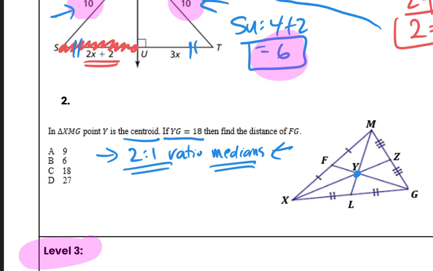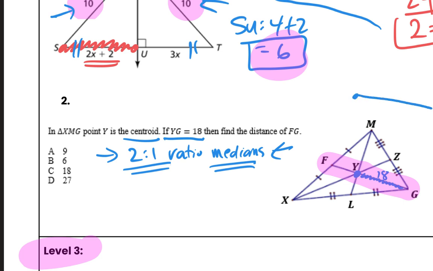It says if YG is 18. So YG, this much, is 18. They want to find the distance of FG. So FG, we can highlight this. FG would be the whole thing, from there to there. Well, what do we know? We said this is a 2-to-1 ratio. What that means is